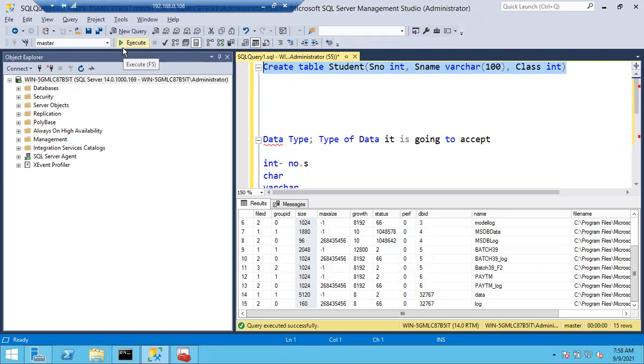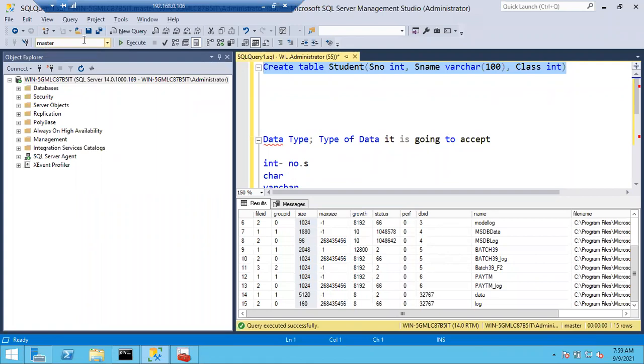If I execute now, in which database is the table going to be created? Master. Master database. Very good. If you see here, this part and this part are very important. Remember guys, keep a star mark in the notes. Whenever you are executing a query, check on what database it is going to execute. Whichever database is highlighted here, on that database it is going to be executed.